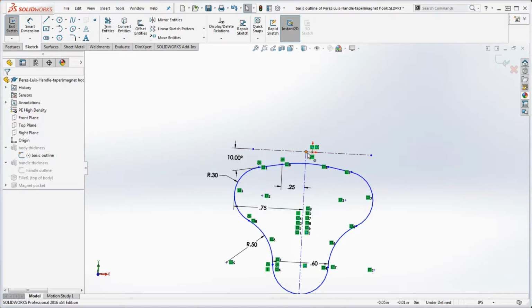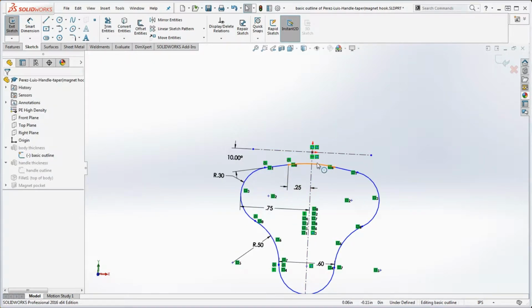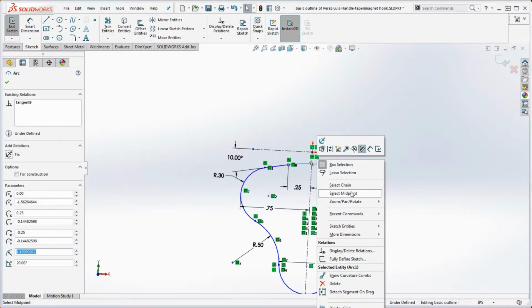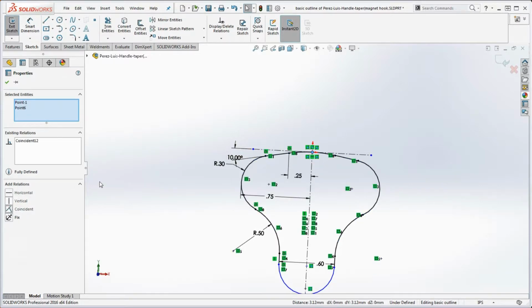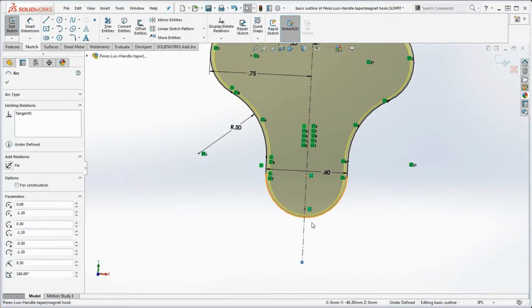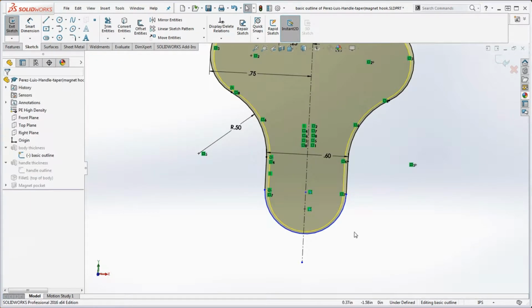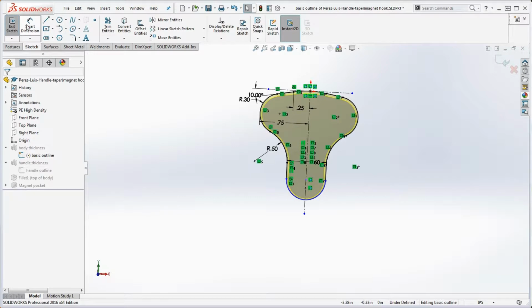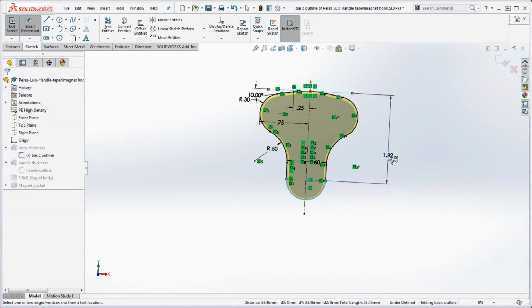Okay, so we're going to take this point and make that coincident. That helps. So we're going to take the midpoint of this top arc, and select that same point that's in the middle of that line over here. We're also going to make that coincident. And it looks like the only thing we need to define down here is the end of this arc. If we were to pull on a point down here, you can see that it kind of gets longer. So we need a 1.5 dimension in that. So we're going to go ahead and select that arc, selecting this line,